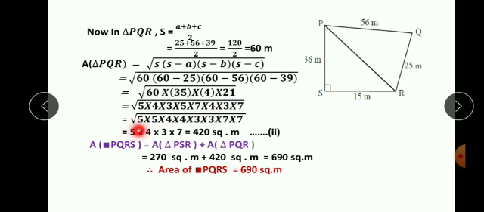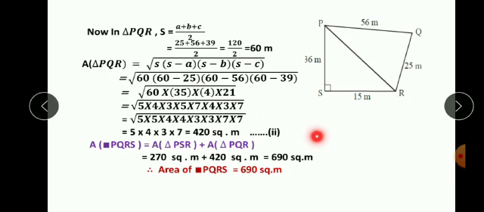Now we will arrange these numbers in such a way so that they will be squares. So 5 into 5, then 4 into 4, then 3 into 3, and 7 into 7. So the square and square root get cancelled, and when two 5s are there, we will take out one 5, then two 4s are there, so 4, two 3s are there, so 3, and two 7s are there, so 7. So we take these factors and multiply them. So the answer is 420 square meter.